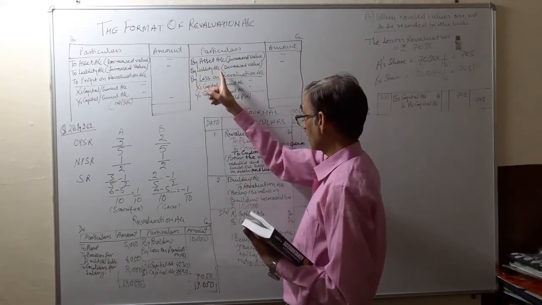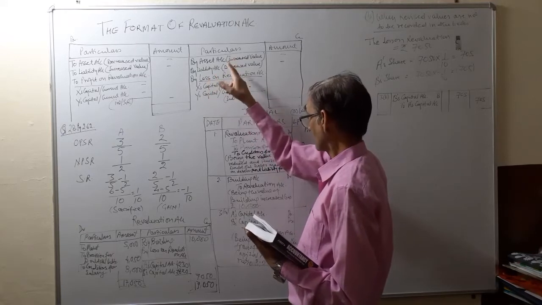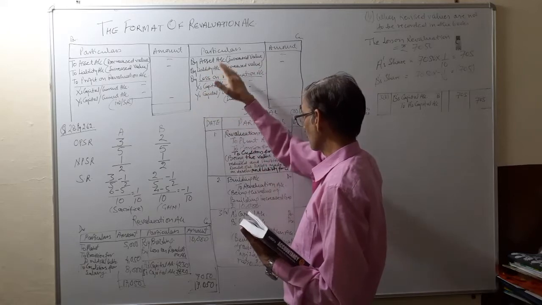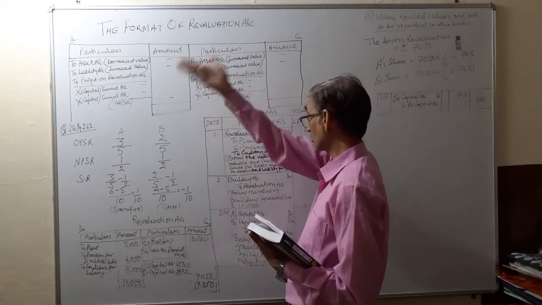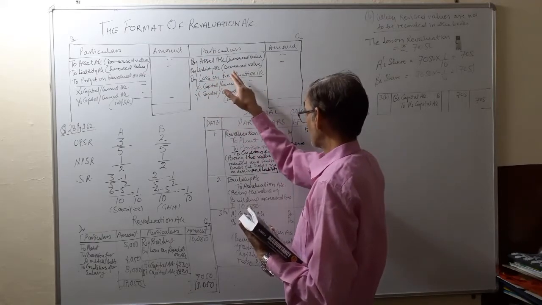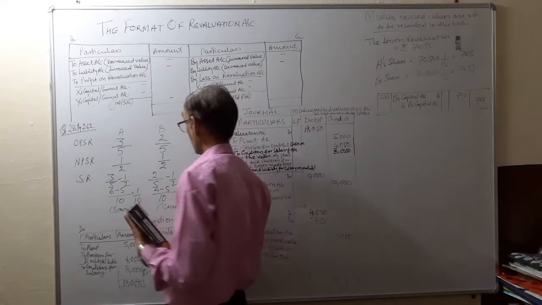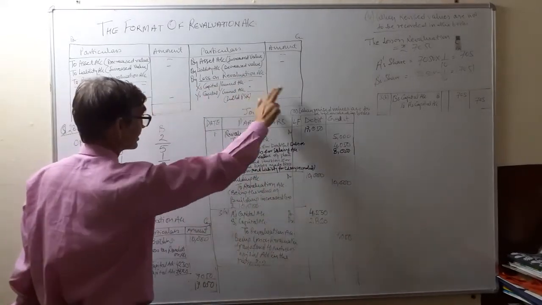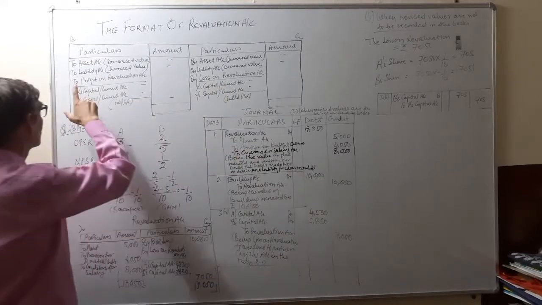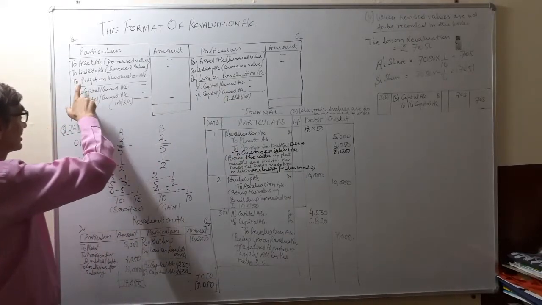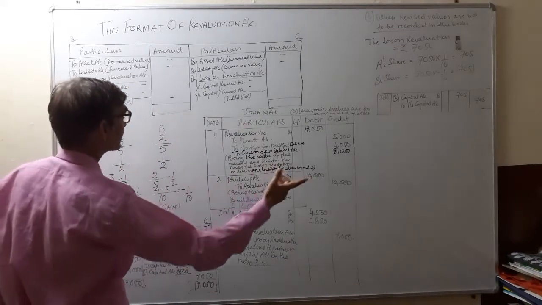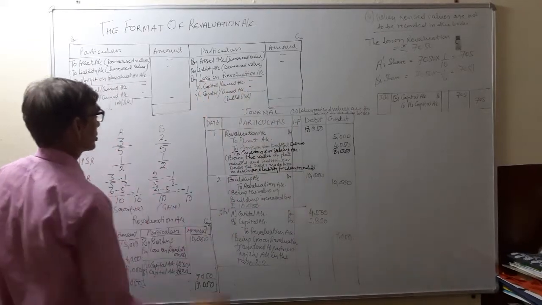And by liability account, when the liabilities decrease, it is a gain to the firm. Therefore, all the liabilities whose values are declining in comparison to the old values, they will be credited over here, and the amount will be the declined amount. Is it clear? After this, the revaluation account will be balanced. If the balance comes on the credit side, that is the profit on revaluation account, and if the balance comes on the debit side, that is the loss on revaluation account.